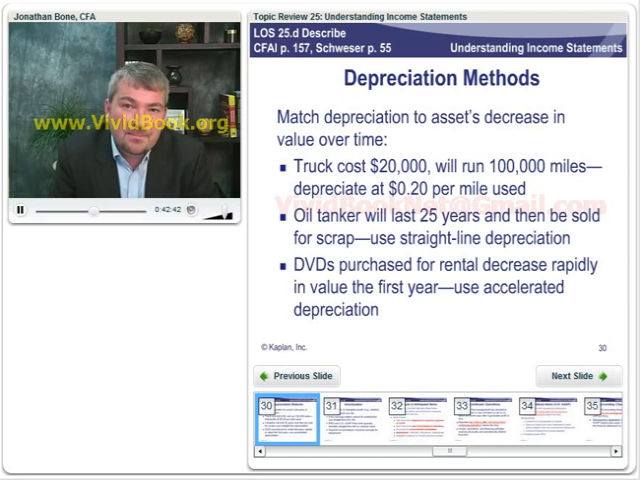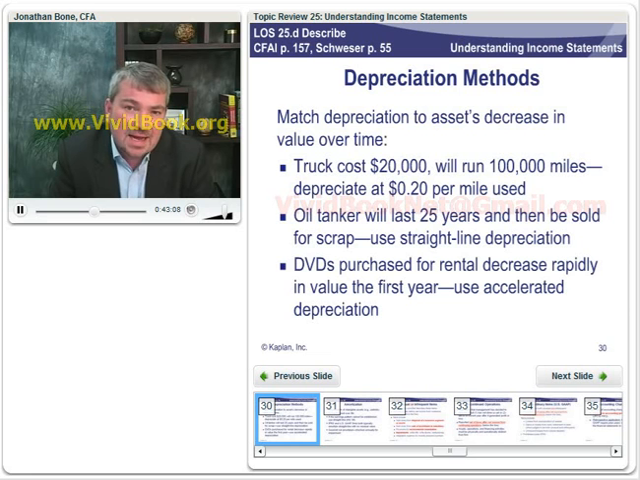DVDs. DVDs purchased for rental, well of course they're going to decrease in value very rapidly in the first year. Now when a DVD is new and it's of a new film, of course lots of people are going to want to rent it, so it's going to generate very high revenues. As the film gets older, of course, most people have seen it, and as a result, the rental revenues it's going to generate are going to fall. So as a result, we're likely to use an accelerated depreciation method. An accelerated depreciation method will charge more depreciation through the income statement when the asset is young, and less as